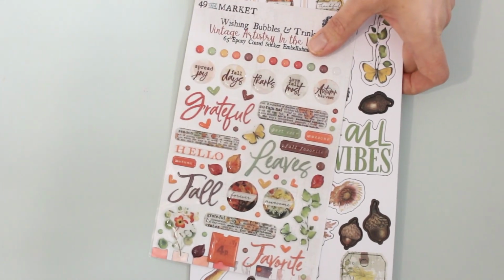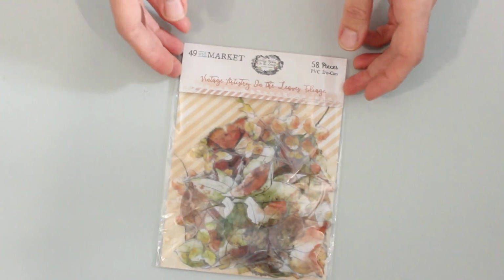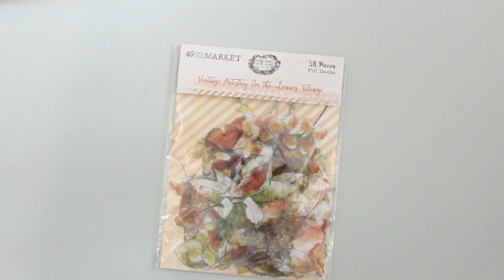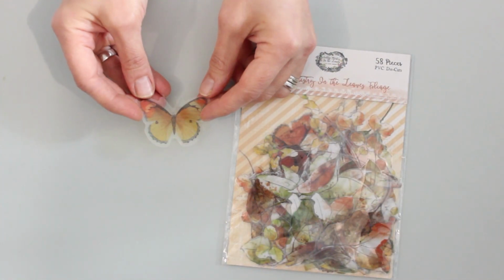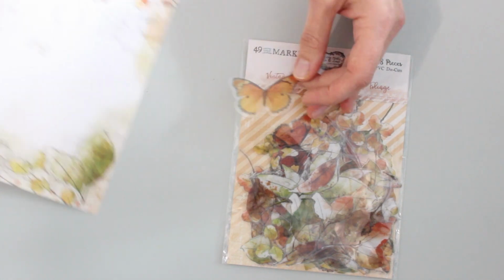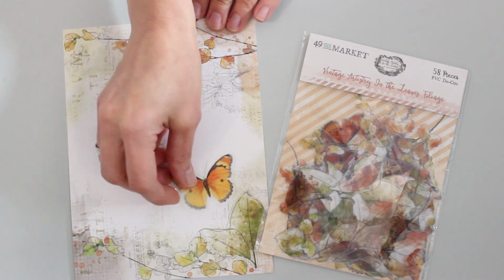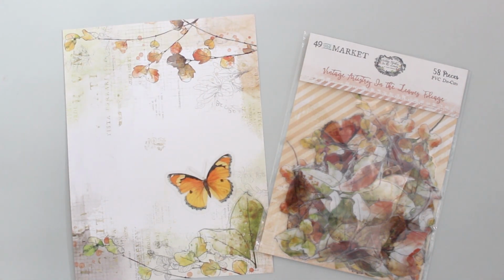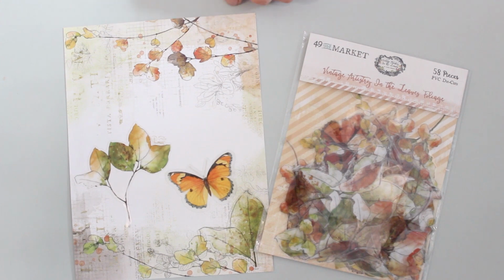Now for additional texture, we've got these PVC embellishments, and I want to show you some of these. Got a huge pile of things over here to the side. So you can see they are clear, they are lightweight, they just add a really beautiful look to your project. So I'm going to bring in a sheet of that 6" by 8" paper and just show you if I'm layering that sweet little butterfly or maybe some of the other foliage on here, you can see just how beautifully